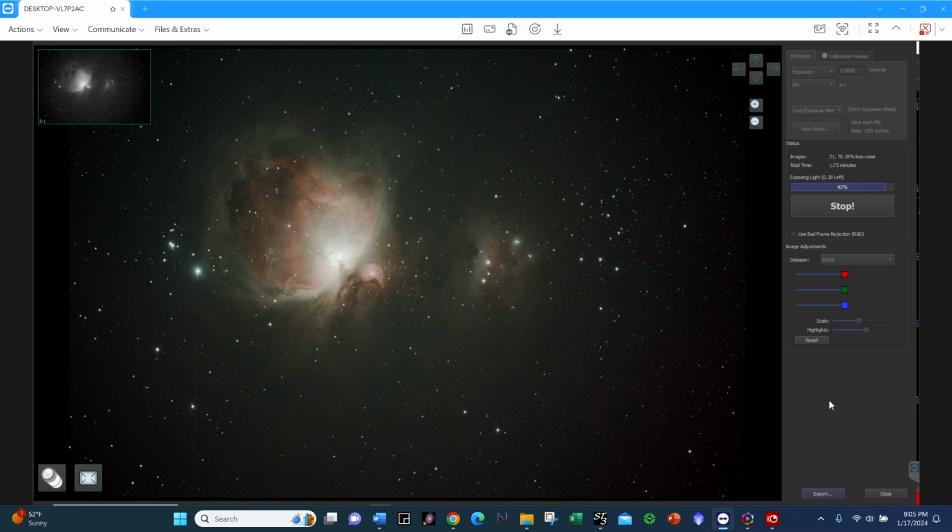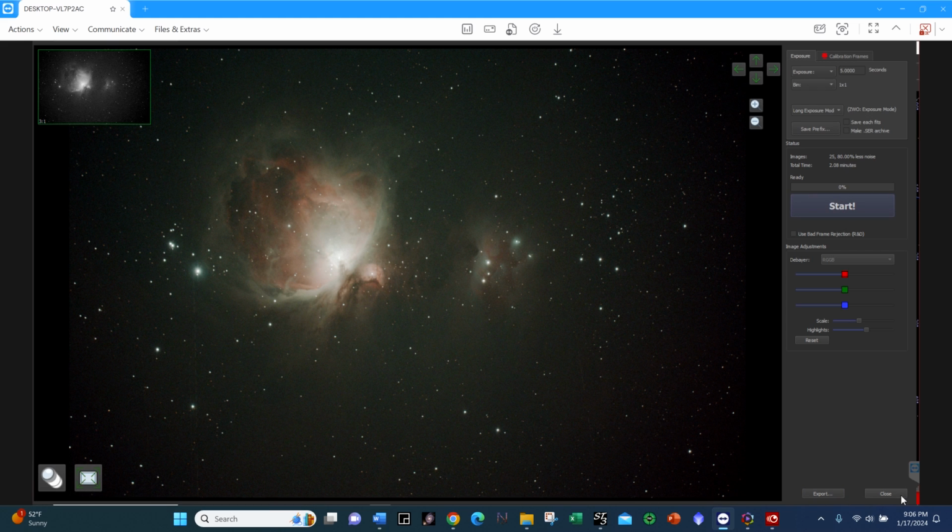But for the purposes of this demonstration, we're just talking about doing EAA, and that's basically live viewing. And we're not trying to get a really pretty astrophoto. We're just trying to see a lot of interesting stuff in real time, and you can see a lot of this nebulosity is coming out, and the background is really smoothing down, and the running man is becoming very, very clear. So let's stop this,